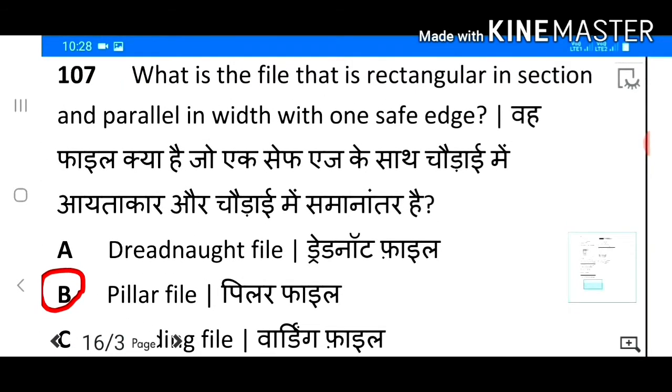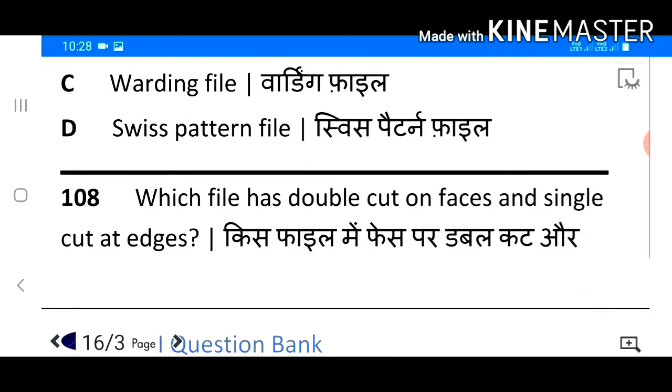107. What is the file that is rectangular in section and parallel in width with one safe edge? Answer B. Pillar file. 108. Which file has double cut on faces and single cut at edges?